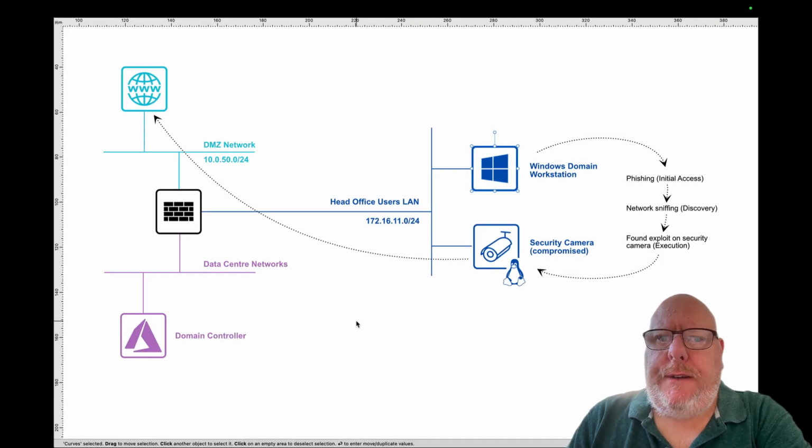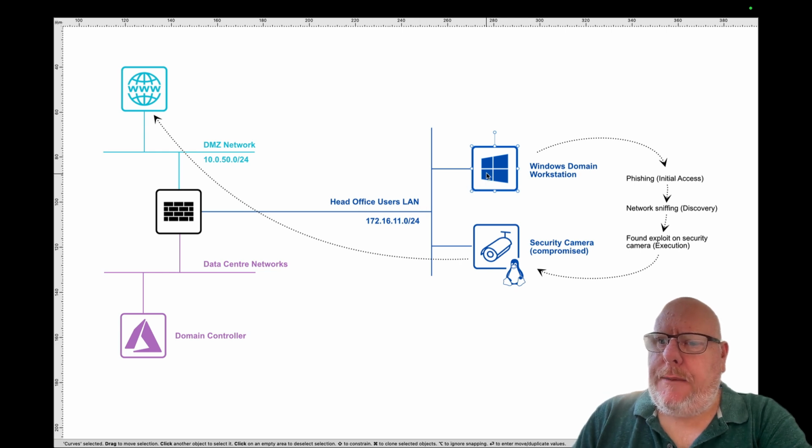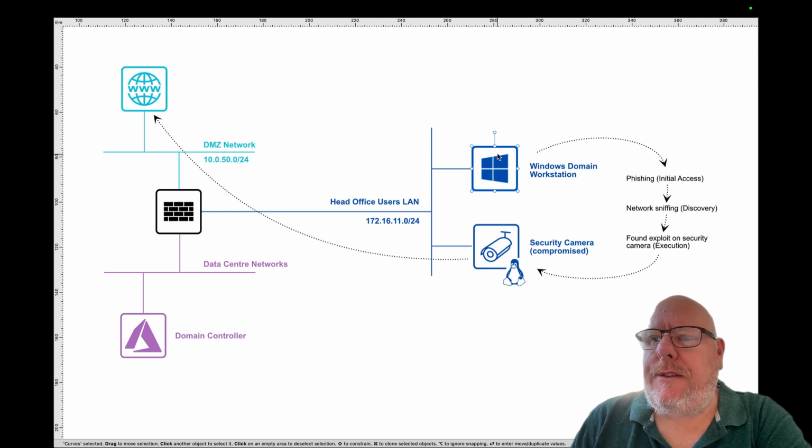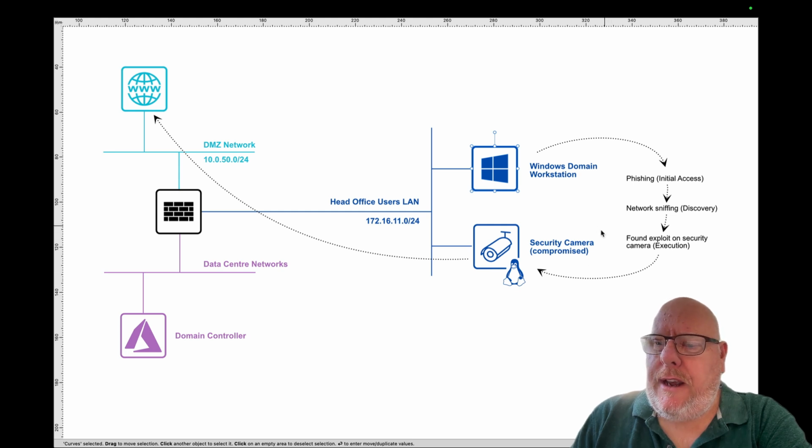Okay, so here's our test scenario that we've got set up here. We're going to assume that somebody within the corporate network sitting on this head office user VLAN segment has been compromised on their Windows machine. Now, it may have been a phishing campaign or whatever, but let's just assume that somebody's got in there, they have taken control of this machine, and they've actually started undertaking a little bit of a network sniffing or a discovery process, and they've established or found out there is a security camera sitting on the same network segment